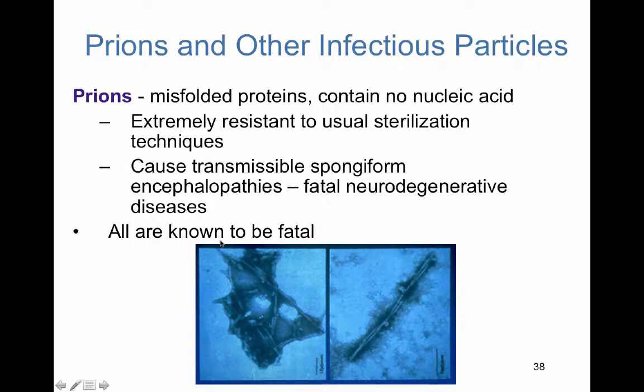All diseases associated with infectious proteins or prions are known to be fatal. There are no treatments, no cures. And this is actually an electron micrograph of a prion fibril. Kind of similar to Alzheimer's disease as far as the pathology. In Alzheimer's disease, you have a buildup of plaque of these fibril-like proteins, amyloid beta, in the brain. This is similar. It's a misfolded protein, and it seeds all of the regular folded prion protein into the misfolded form, and it causes these fibers to build up.